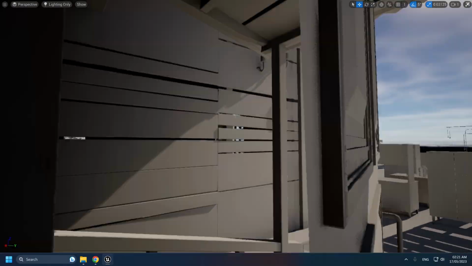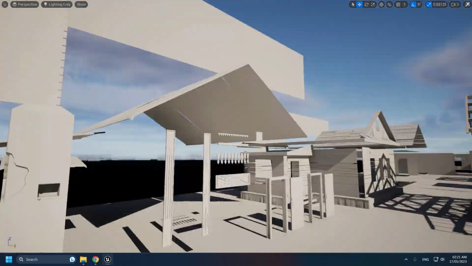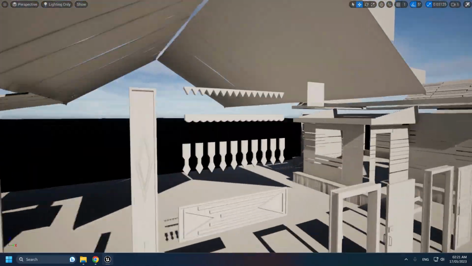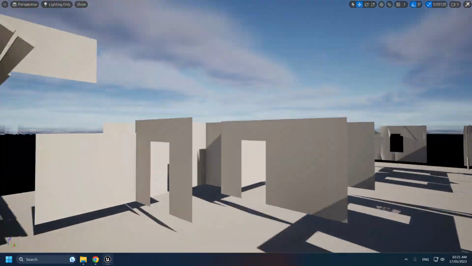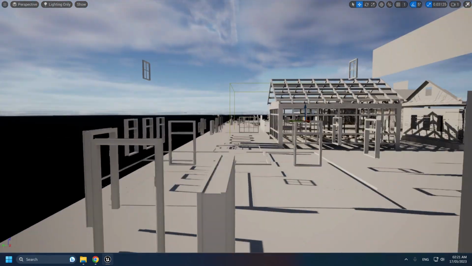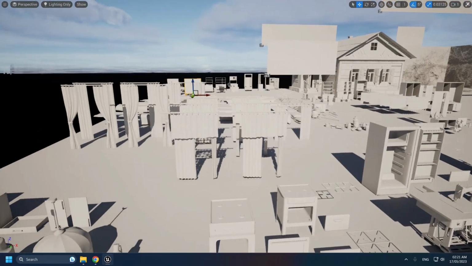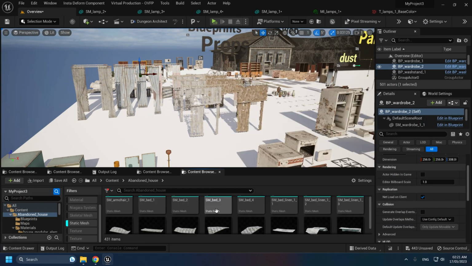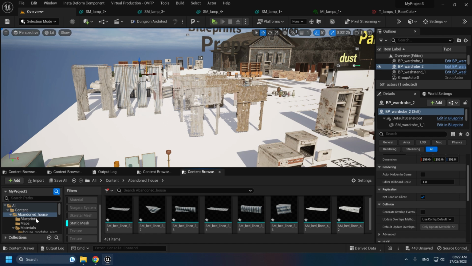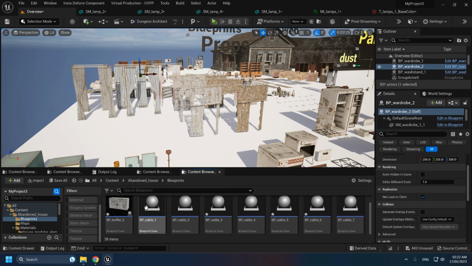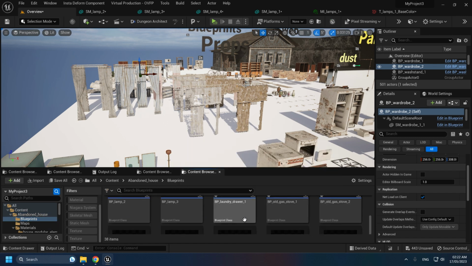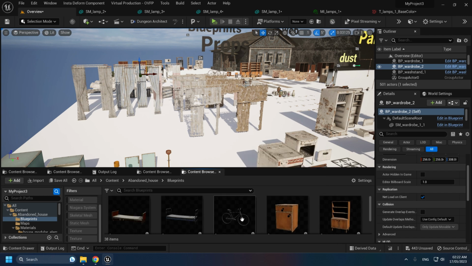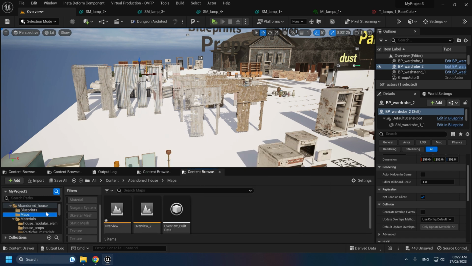Yeah, changing between the detail lighting, you can see how much the normal maps make a difference. So that's out of the way, even though it's kind of made for Nanite and stuff. By the way, these are the blueprints of the assembled pieces. Just wanted to show it. And even